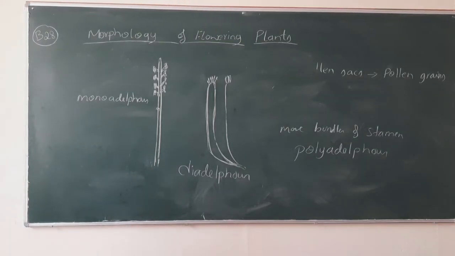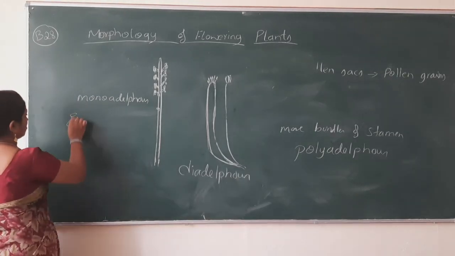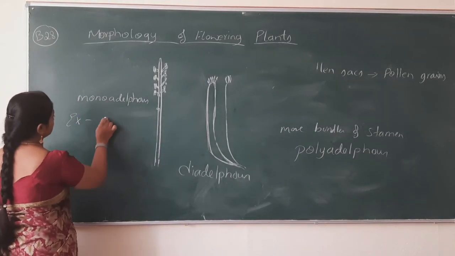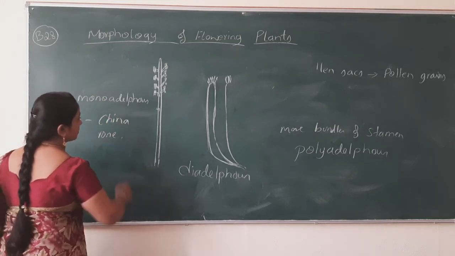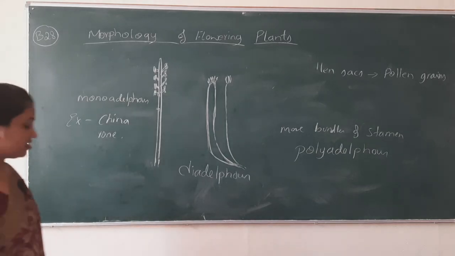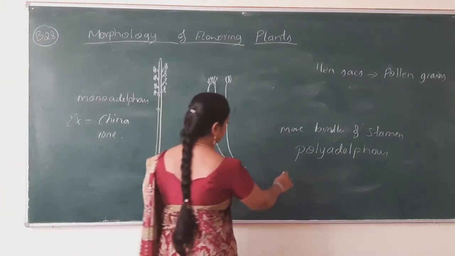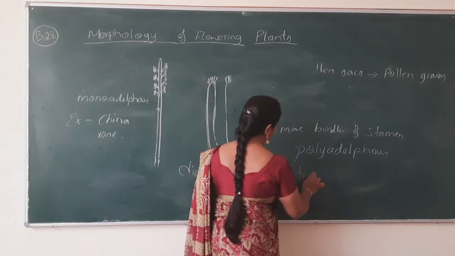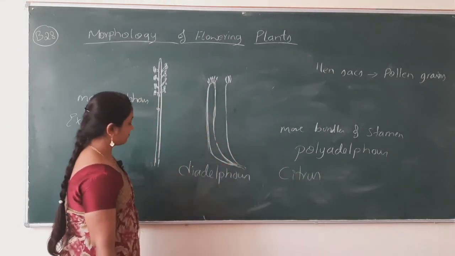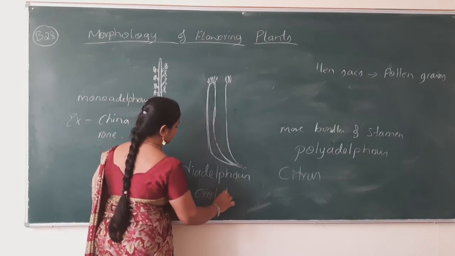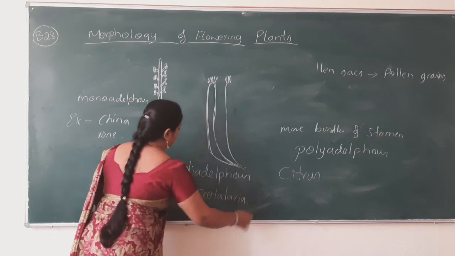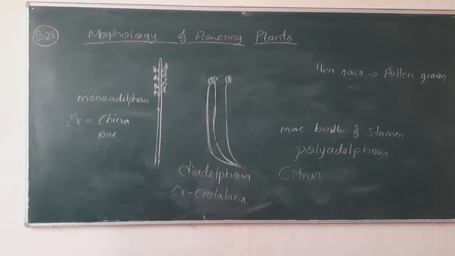Okay, so we have completed, sorry, one more thing I must say here. I must write the examples for all these. Monoadelphous example is China rose. Polyadelphous example is citrus. And diadelphous example is Crotalaria. Okay, so all these are the examples of